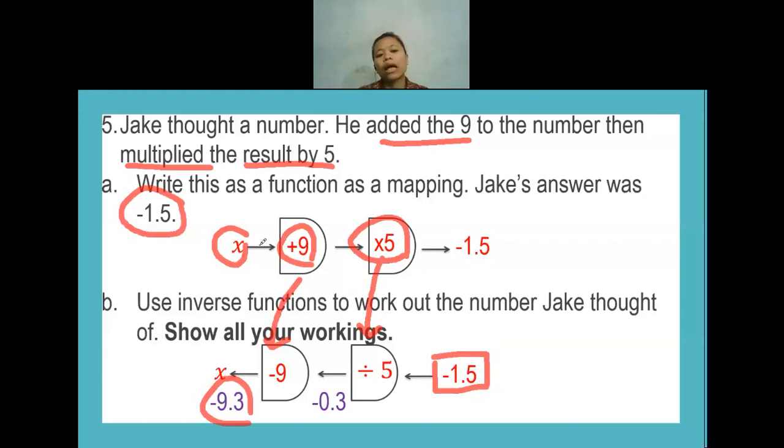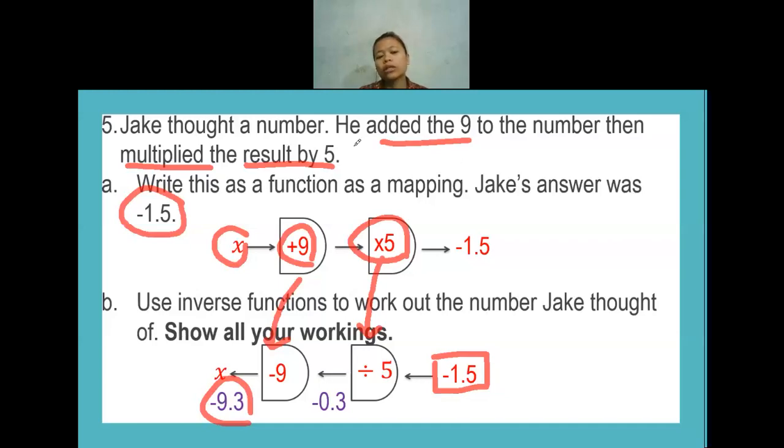So for the answer, we just have to write x as the mysterious number. Or if you don't like the letter x, you can just put the letter n or the letter a or any letter as the symbol of the mysterious number. And then after that, you just need to copy the rule given.